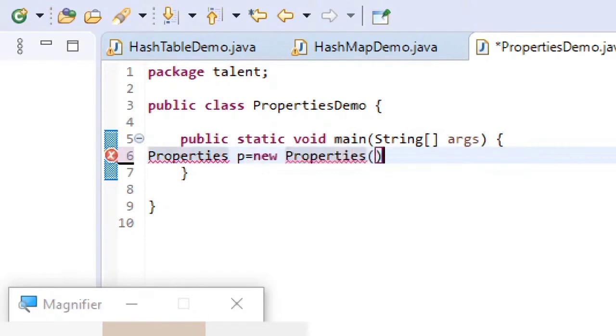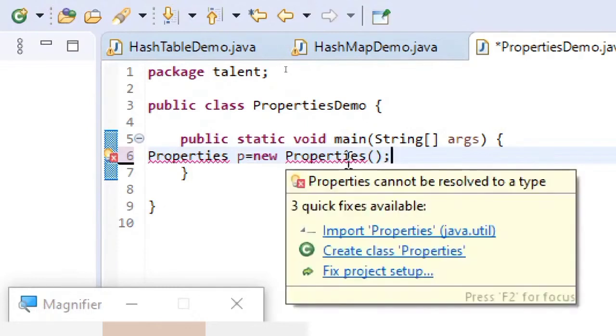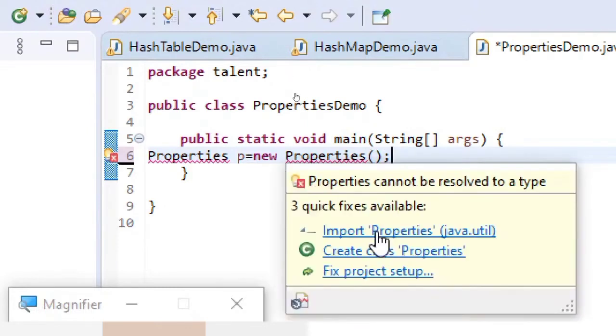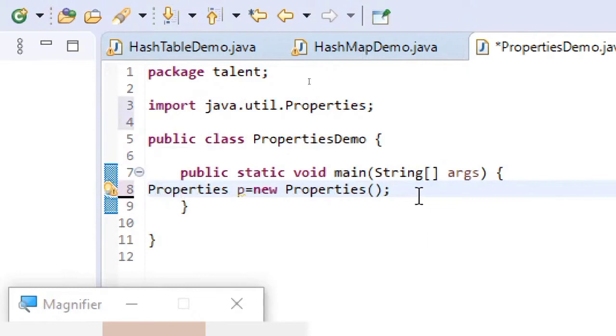So I'm just creating an object for Properties, and obviously it will give me a quick fix to import Properties. So let's import that, and then here what we do is